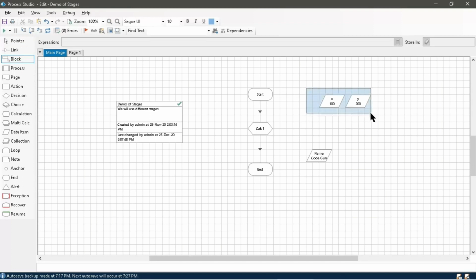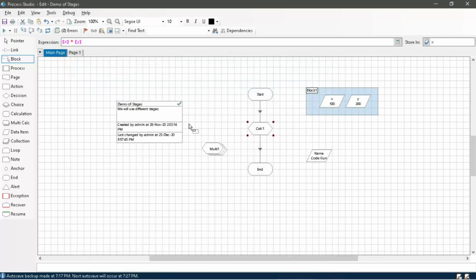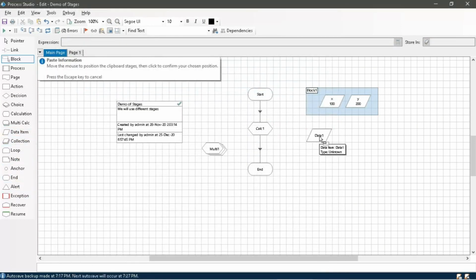Now let me create a block. We are going to use the multi-calculation stage. Let me drag and drop the multi-calculation stage. You can see in the calculation stage only one calculation is performed, and in the multi-calculation stage we can perform more than one calculation.